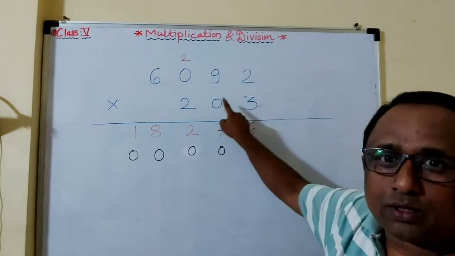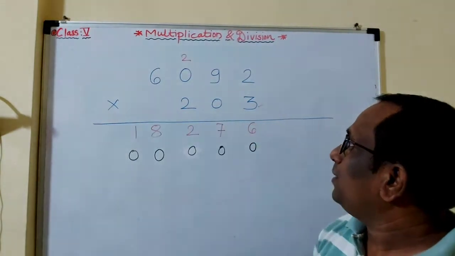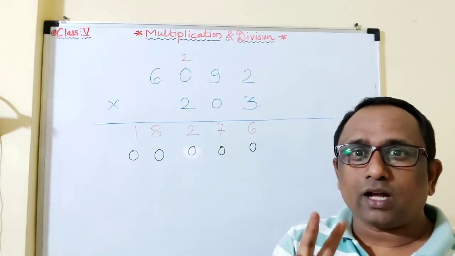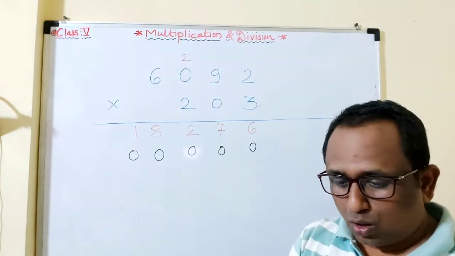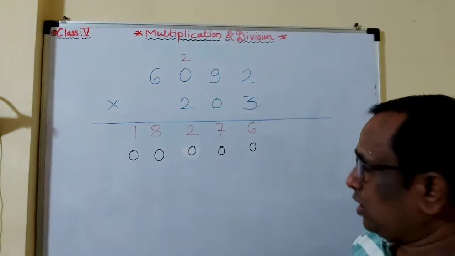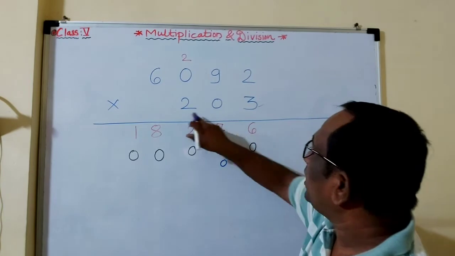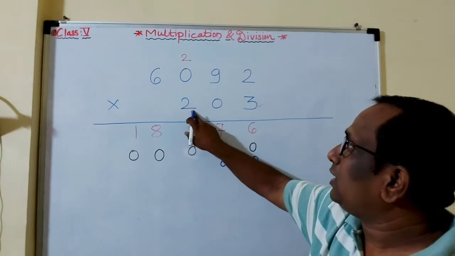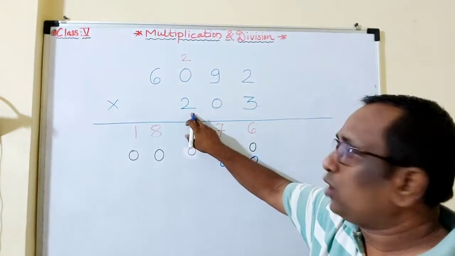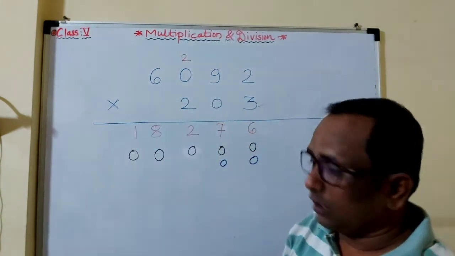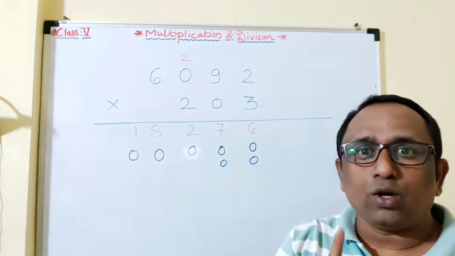Now unit place over, 10 place over. Now we are going to multiply by the 100 place. 100 place means there are 2 zeros, so always give here 2 zeros. Why? Because we are multiplying by the 100 place. Now here at the 100 place there is 2. So we have to multiply 2 to 2, 2 to 9, 2 to 0, 2 to 6. Okay, every number we have to multiply.